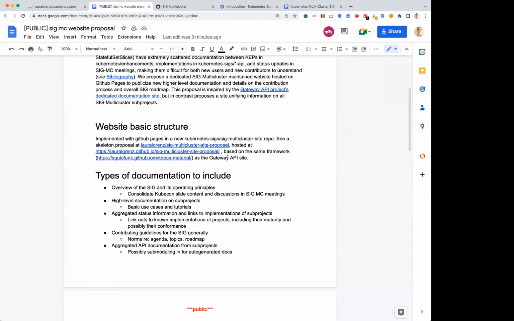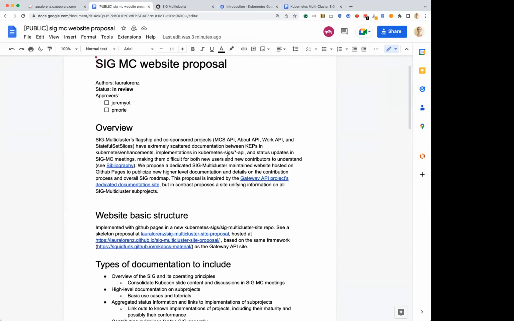But I did open a request to make an official repo in Kubernetes SIGs for the site. So ultimately, if everybody is cool with this and unless anybody has any complaints about that process, we would migrate whatever the final repo is over there. Just FYI that it could move.